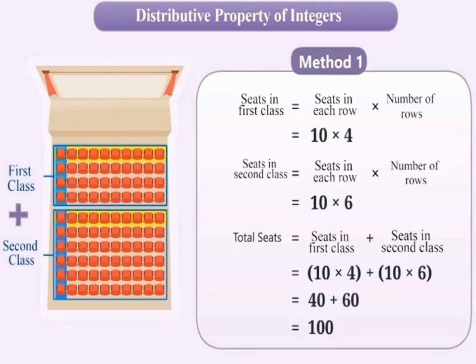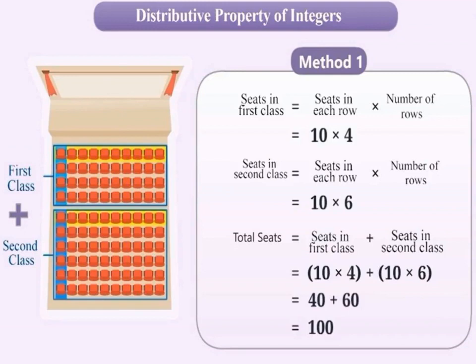Now we can find total number of seats. Total seats equal to seats in first class plus seats in second class. So how many seats are there in first class? 10 into 4, plus what are the number of seats in second class? 10 into 6. Then in the first box, 10 into 4 is nothing but 40, plus